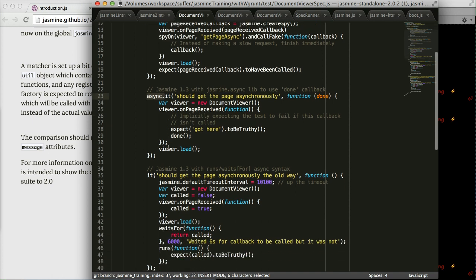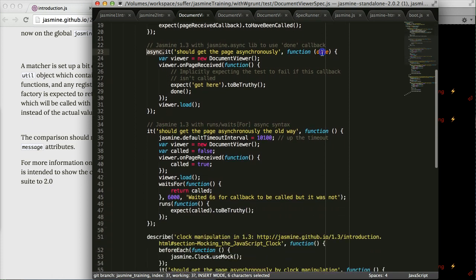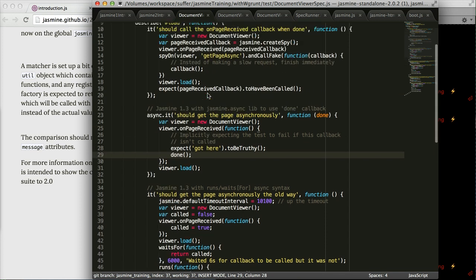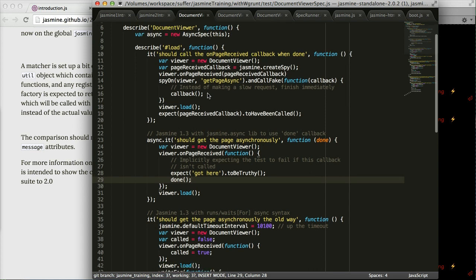And you can see that I'm passing it a done argument there. And then I'm doing something asynchronous, and at the very end calling done, and that just indicates to the runner that it's finished all the asynchronous tasks and it can finish that spec. Before we get to that though, I just wanted to make a note that